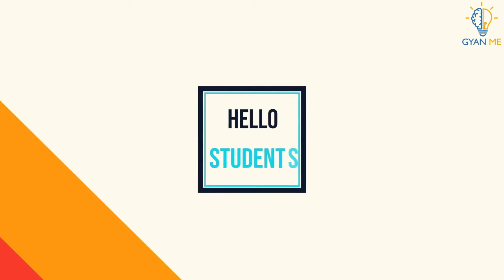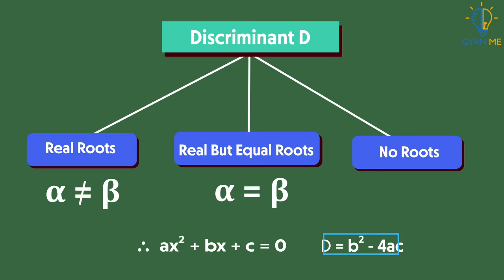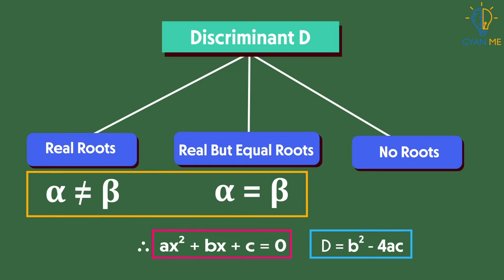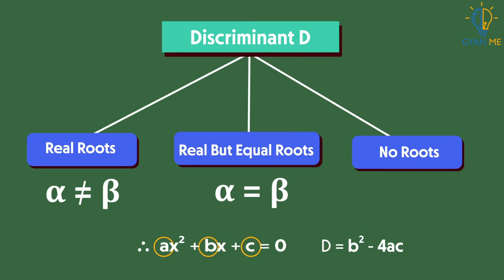Hello students. In the previous video, we learned about discriminant D for any quadratic equation. As we told you, it is so called because it helps us to discriminate the roots of the given quadratic equation. The formula for finding D is b square minus 4ac. So when we put the values of a, b and c from the equation into this formula, we will get